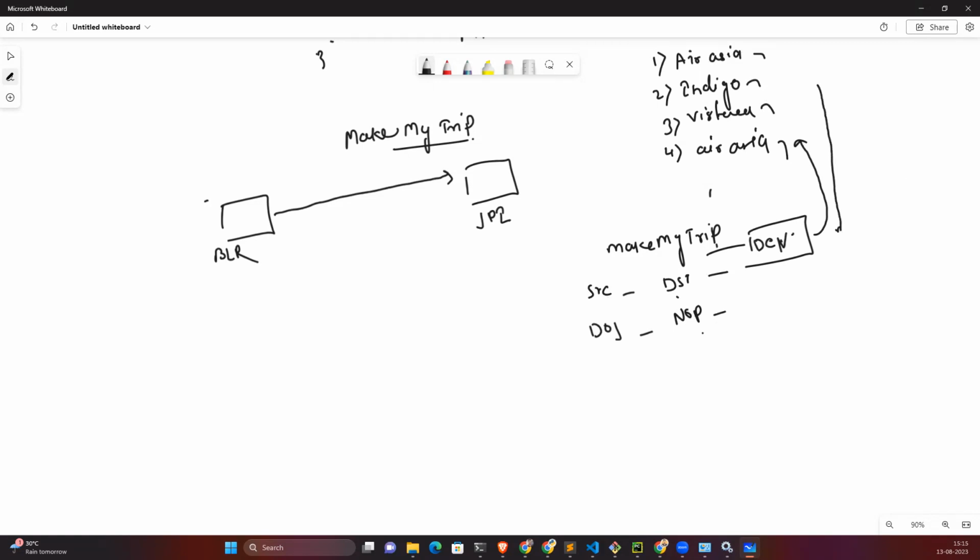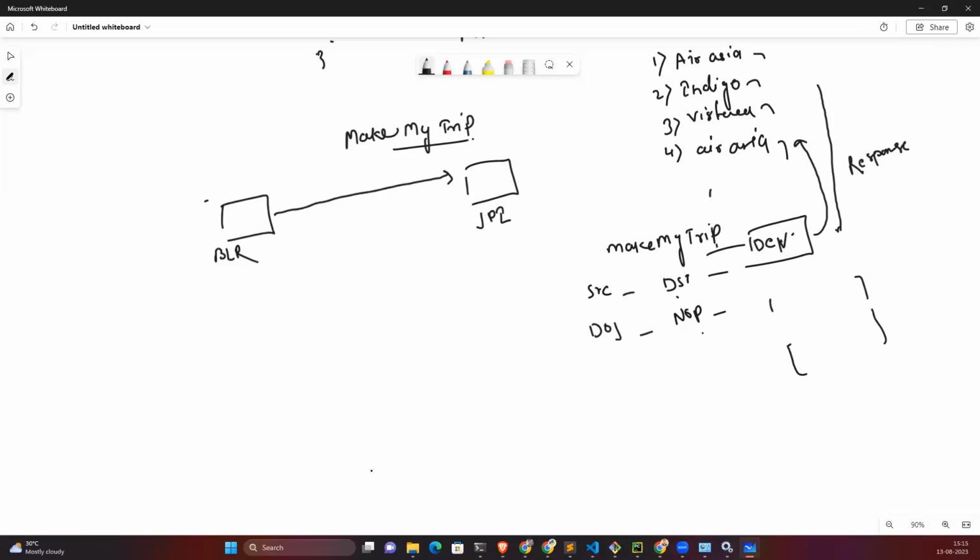This response is in a different format again. We get responses from the different air services, and they display this response on the Make My Trip website. Now as a user, we check the cheapest price of the flight, then we select that flight and travel with it.